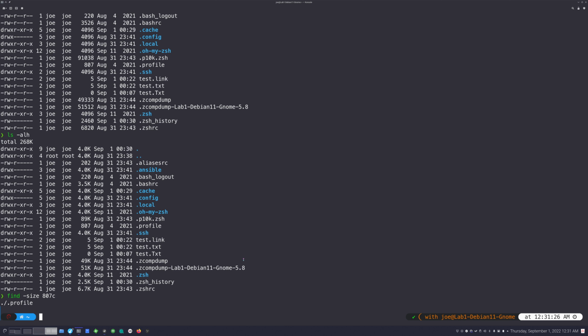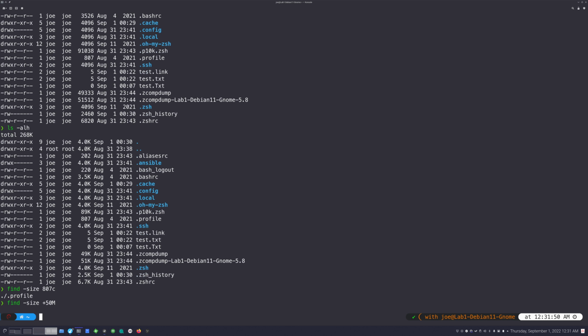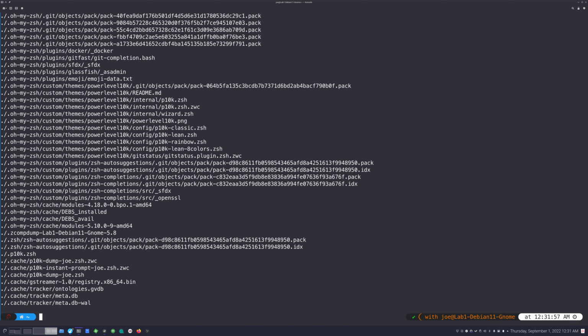Now, let's say you have a disk that's filling up and you want to find everything in that directory that has larger than X number of megabytes or something to it. You could do something like this, right? Plus 50 megabytes. And that'll find every file in here that has more than 50 megabytes. Now, there's nothing in here that's going to have more than 50 megabytes, but we can find kilobytes. So let's do that. Now we found everything under my home directory down that has more than 50 kilobytes. And it's a way where you can see what might be a good potential to clean up.